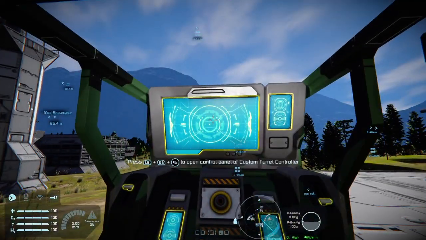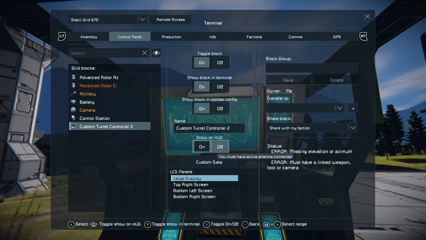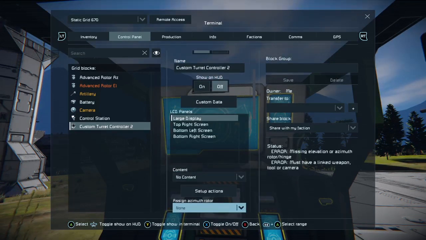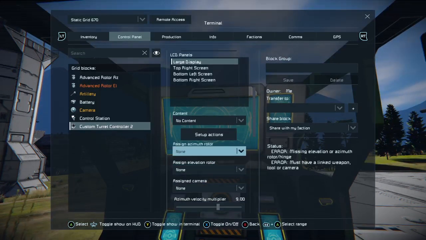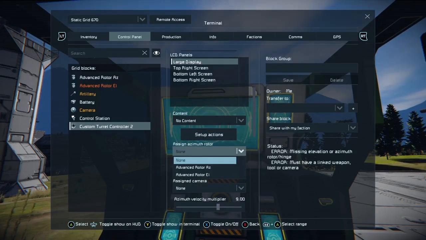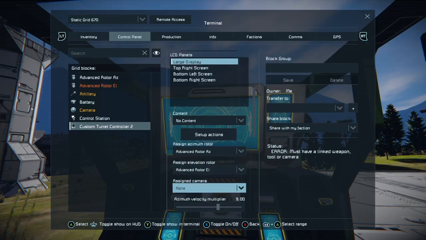So if we go into the setup of the custom turret controller, you will see that it has a set of options. It'll tell you it's missing an elevation or azimuth, rotor or hinge, and a weapon, tool or camera. Well, what we want here is an azimuth rotor. Well, remember, we've got our azimuth, we've got our elevation rotor, and we have a camera.